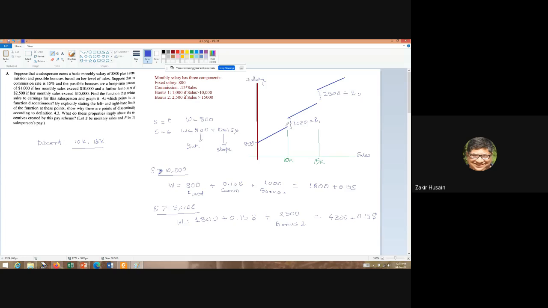So what happens over here is that if you move to a point like this, just below 10,000, you are motivated to put in additional effort so that you can make this jump. See, over here, if you sell more, you are going to get more income. Here, you are going to get a jump. So the incentive becomes very strong in this range or in this range.